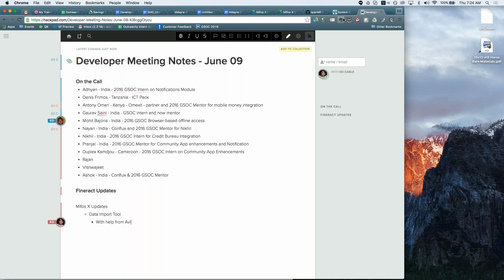But in clients and all, a lot of other additional fields are missing, which were added very recently, like mobile number, date of birth, and all. So all those enhancements, if somebody is interested to pick those, they are very straightforward, easy to do tasks.